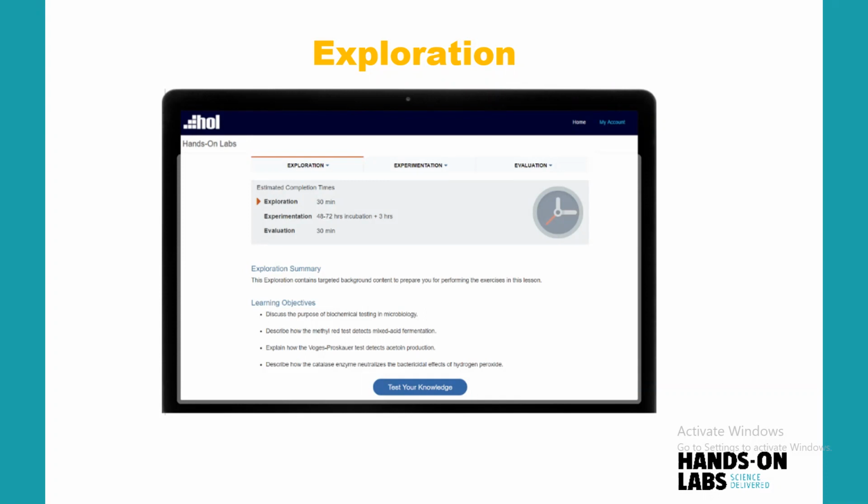Following the time allocation are the learning objectives. We model our learning objectives after Bloom's taxonomy, and they are unique for the exploration and the experimentation section. So for this exploration section, you'll see they start with verbs such as discuss, describe, and explain. So very clearly defined for the student, and upon completing this section, they should be able to accomplish those 4